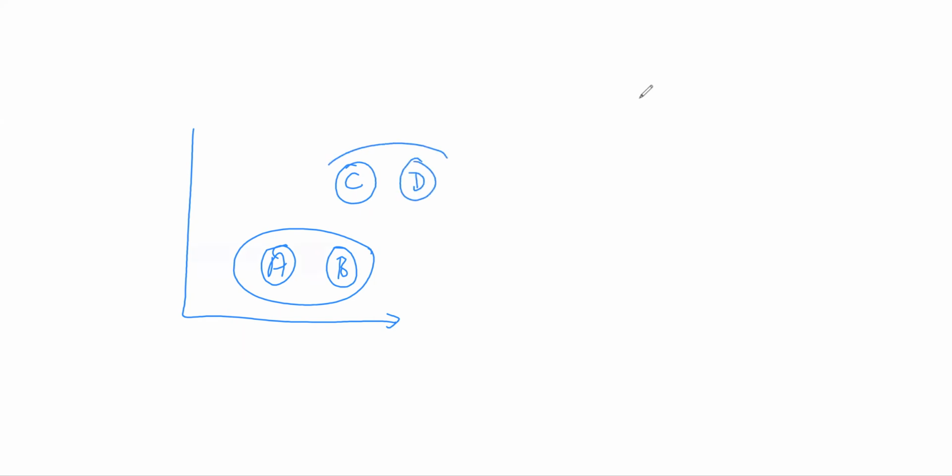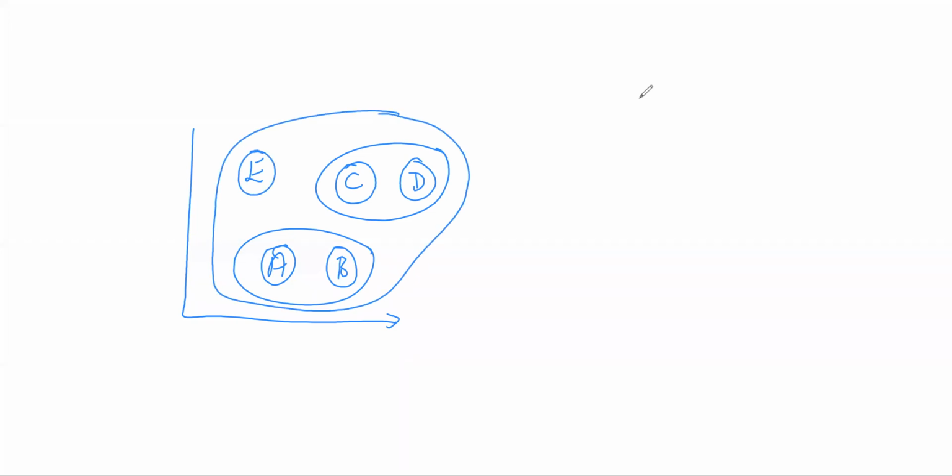a representation, suppose I have A, B, which forms one cluster, very close to each other. I have C and D, these are the clusters, and I have E. Again, all of these will fall under one cluster. So when I have to represent a dendrogram of this, A and B are within one cluster because of their similar characteristics. It has come within the cluster, the green colored one.